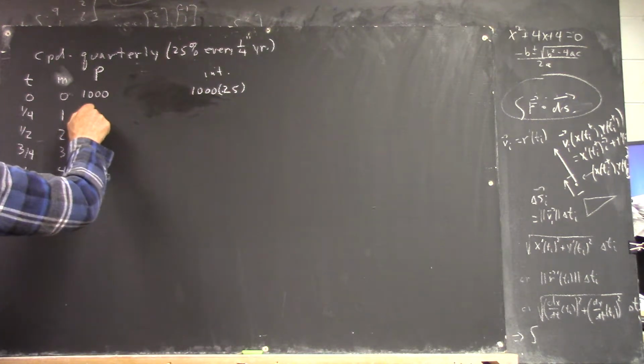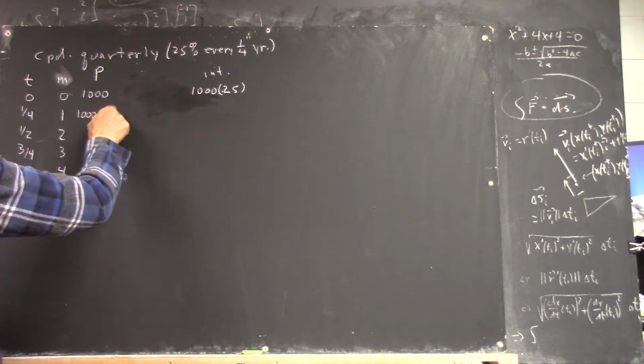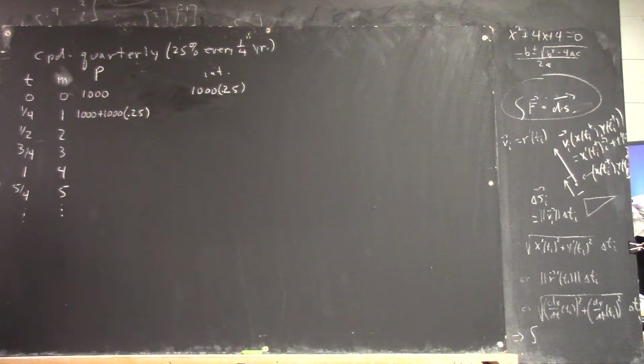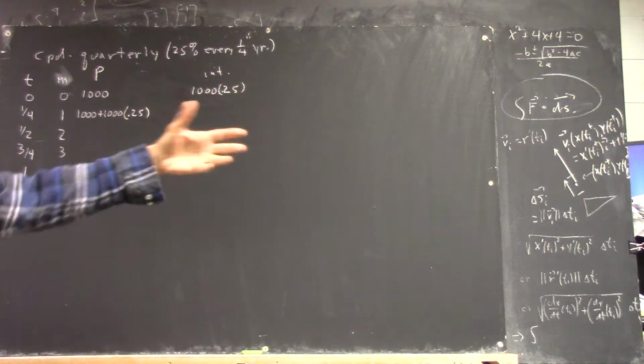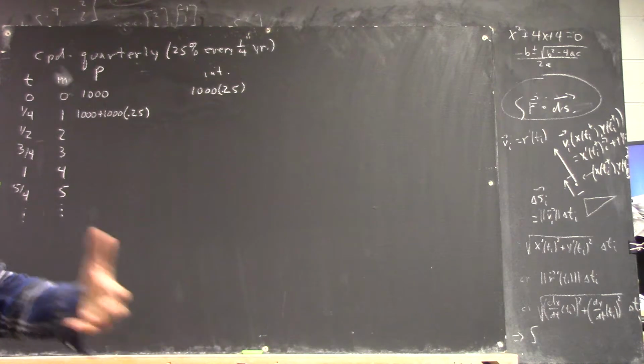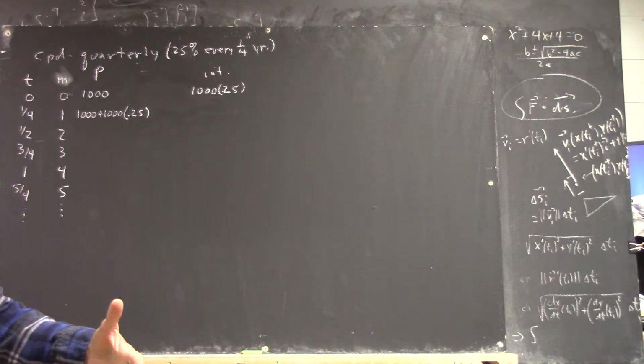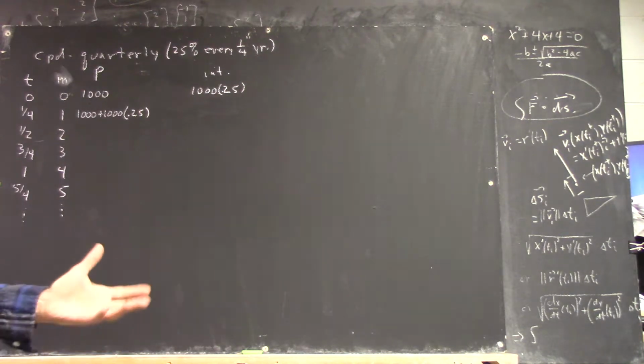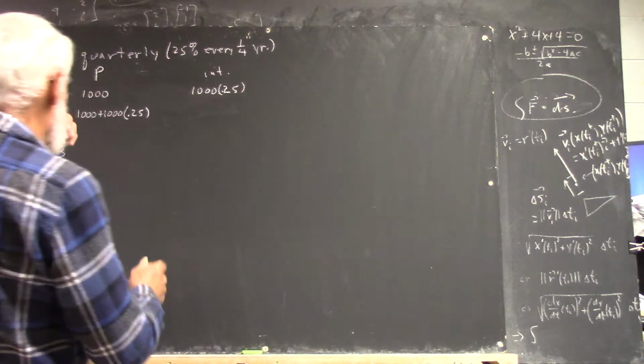It's going to be 1,000 plus 1,000 times 0.25, right? Okay, I don't want to write the numbers anymore. I want to write calculation. And I'm going to do another step where I symbolize it a little bit further, but I want to build up the symbolization because you're not that used to symbolizing things.